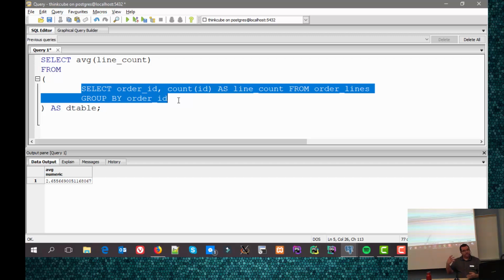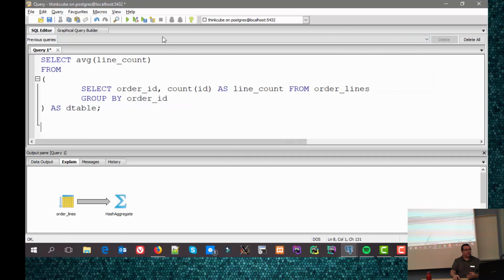In this case, I'm running 2 queries. And if I do the explain, no, not that, this. As you can see, it does the pull from order lines, does the aggregate and passes it out to another aggregate. So you can see aggregate, aggregate. It does math. If you threw in a join, it would actually do some other stuff in this. And for example, if I want to get fancy, I could throw in